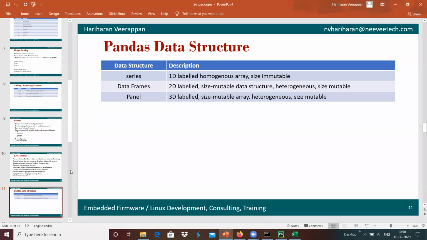This is a complete data frame, which is 2D labeled and size mutable, which means we can append, modify and add data into the data frame. It is a heterogeneous data structure, in the sense that multiple data types can be present inside it.